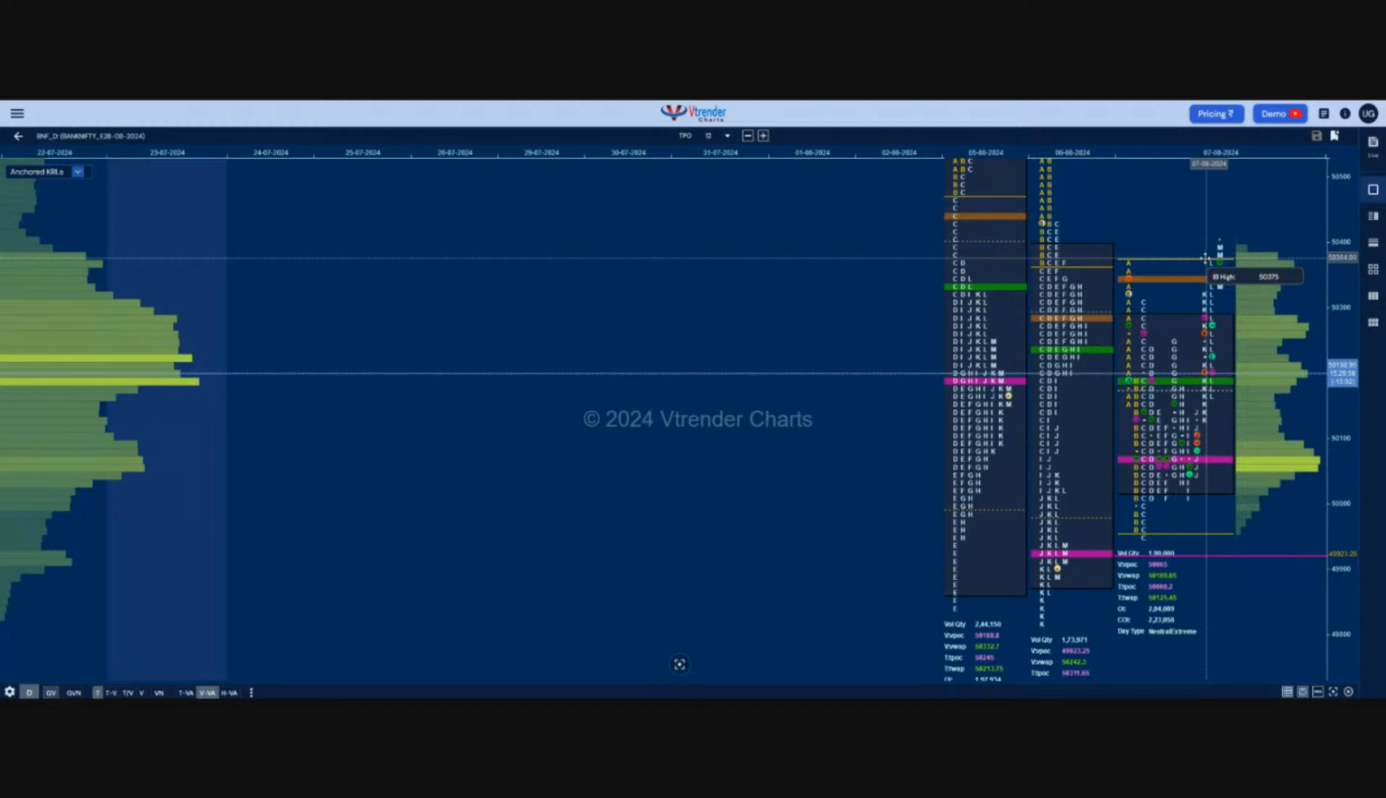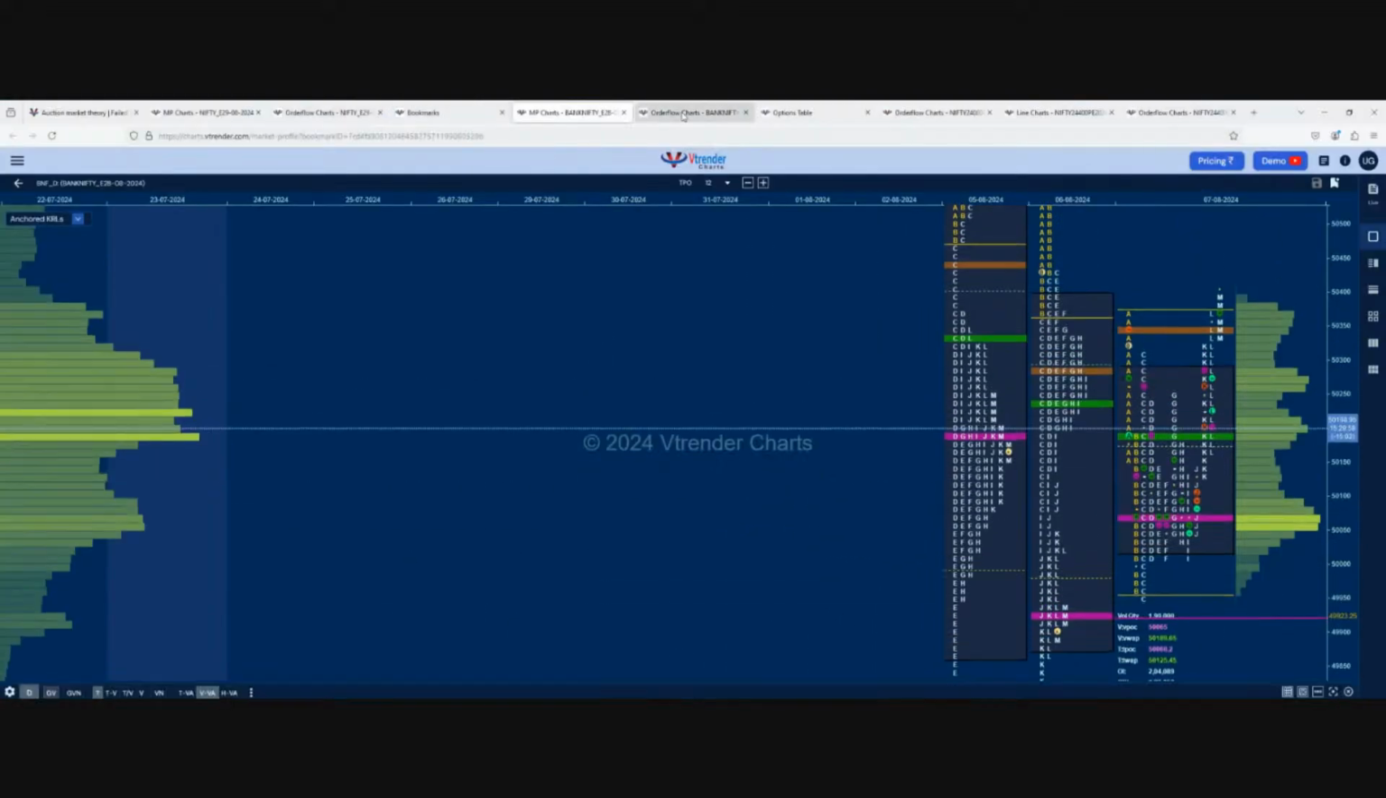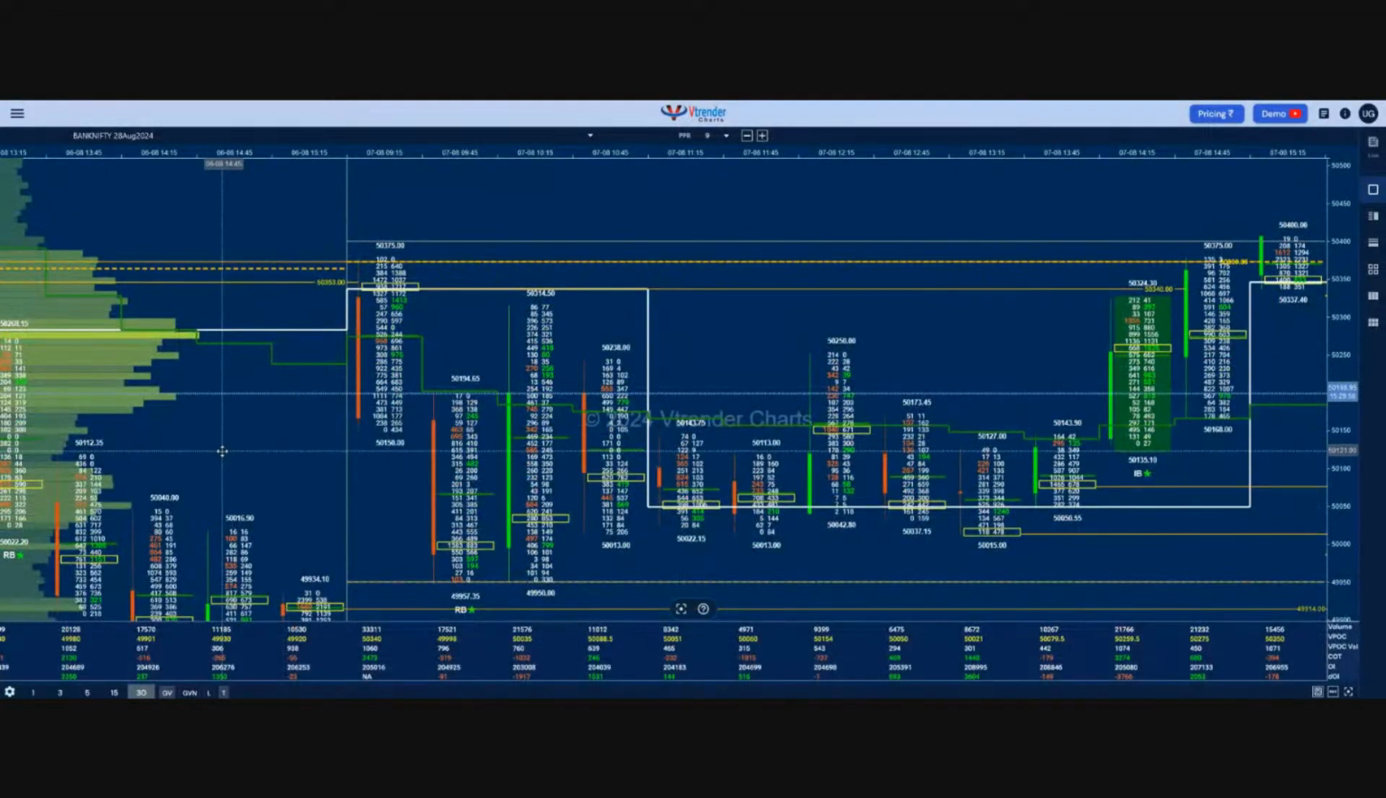So in case it remained above this 5375, then we would have our 180R target of 5646 on the upside as our objective for the day. But for that, we would need order flow to show us that demand is adding up at higher levels. So here, what I'll do now is I'll switch on to the order flow chart of yesterday in Bank Nifty,